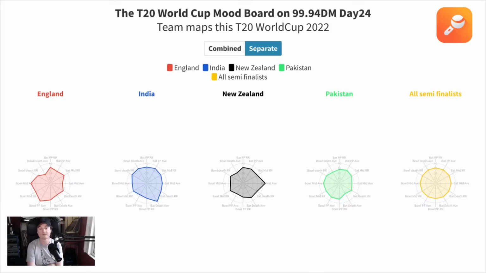It works slightly better in franchise cricket just because teams generally play their best players all the way through. They play in one big block. They don't play a bunch of games here and then a bunch of games there and all that sort of stuff. But I think there's a few really interesting things to have a look at from that. I'll just come across and have a look at if there's any questions.